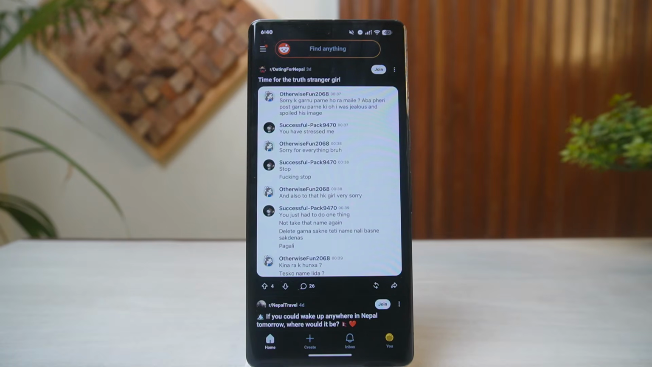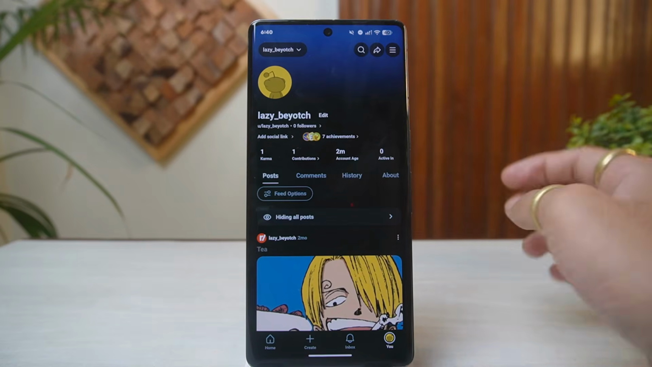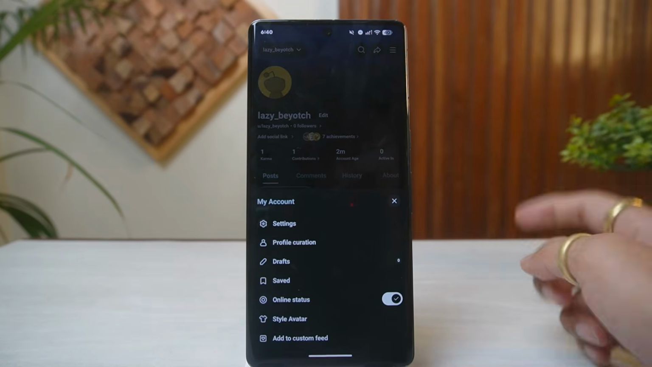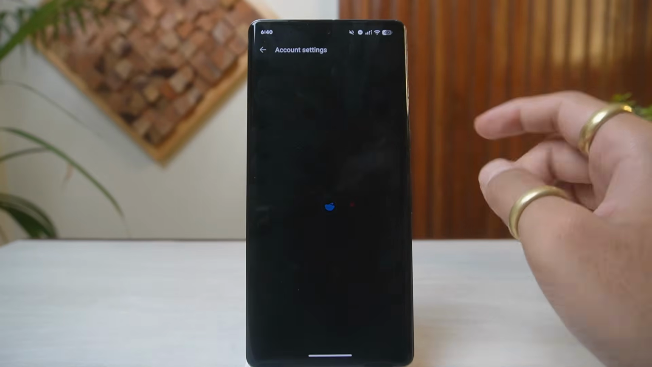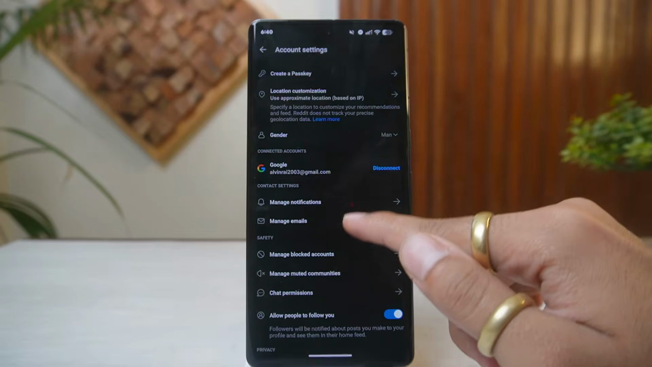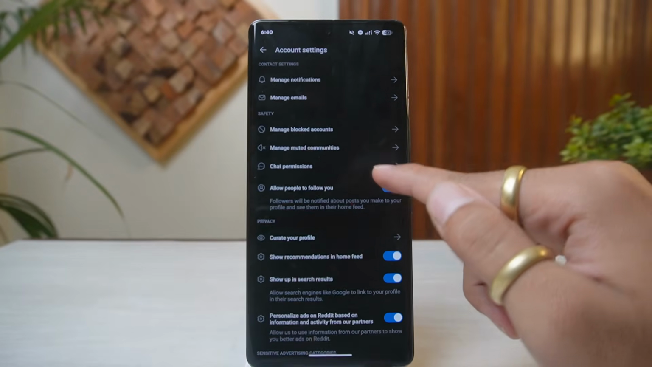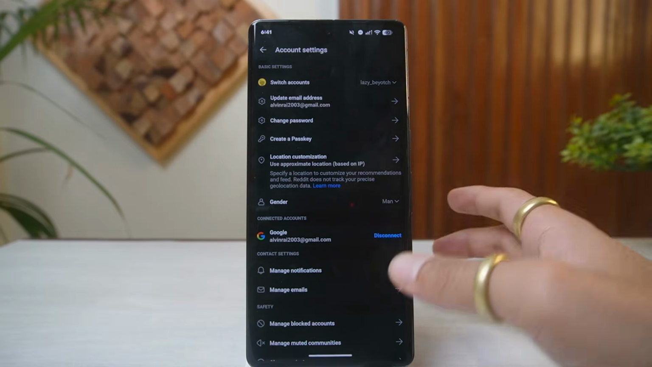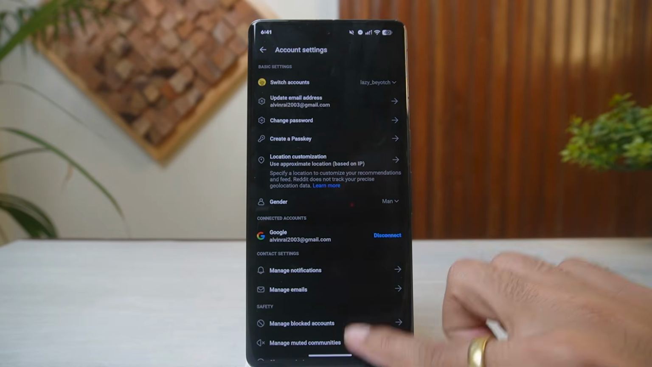Once you do this, you simply have to launch the Reddit application on your device and log into your account. Tap on your account icon on the bottom right corner. Tap on these three horizontal lines on the top right, then head to Settings. From here, go to the account settings. Once you are here, all you have to do is search or look for the two-factor authentication feature over here. If you don't find it over here, you can also try using Reddit's official website using any web